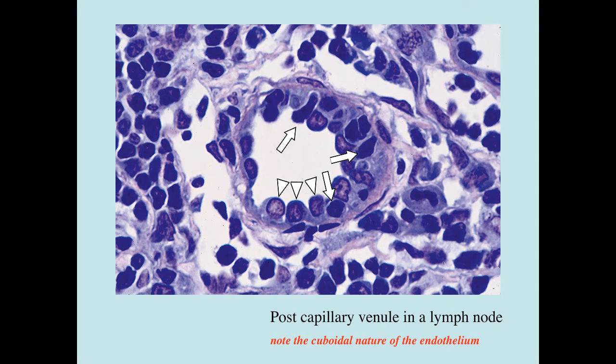Note the cuboidal nature of these high endothelial cells. Notice this endothelium is not a typical squamous appearance. Rather, it is almost a very cuboidal nature. And then here you can see the lymphocytes that are squeezing their way through these endothelial cells. So as you would imagine, these lymphocytes are getting out of the blood circulation here and getting into the parenchyma